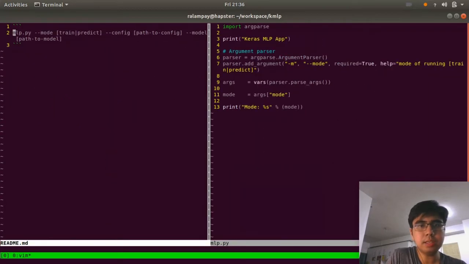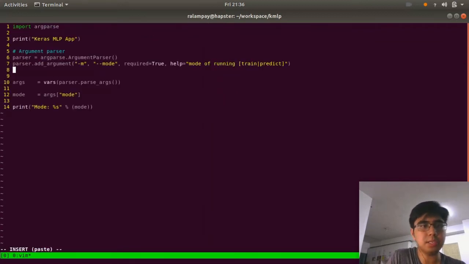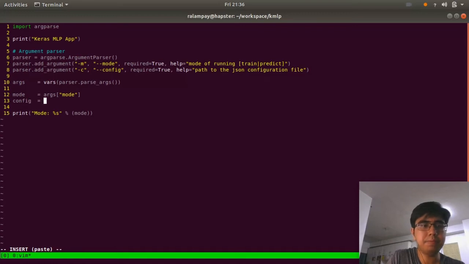Right, we'll go ahead and extend this for our next option, which is the path to the configuration file given by the option config. Right, so it's the same process. So we have parser add argument. You can call this C or config. We'll always have the user pass it. Path to the configuration, the JSON configuration file, right? And then we'll start with a variable called config. Okay, to print it out, we'll say config file is located here,